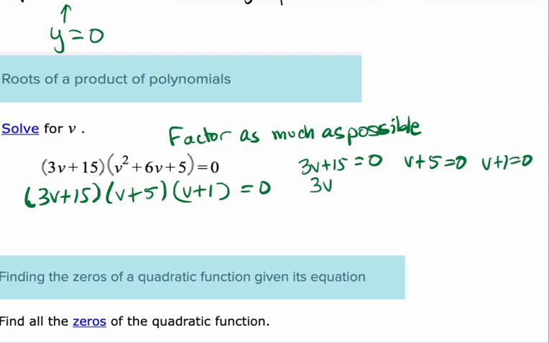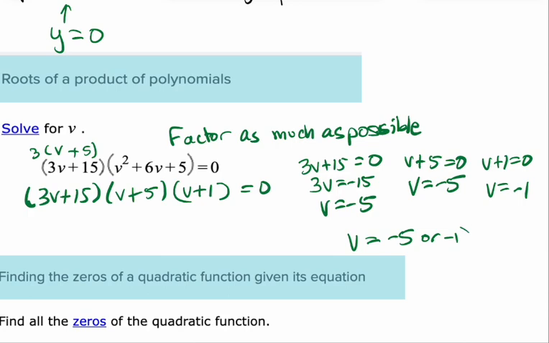So this one is that 3v equals negative 15. So v is negative 5 is one solution. V is negative 5 here is another solution. And v is negative 1 here is another solution. Now, this one could have been factored more. We could have taken out a 3. And then you can see where that negative 5 was hiding, okay? So technically, do we have to write it twice? No. The roots are going to be negative 5 or negative 1,